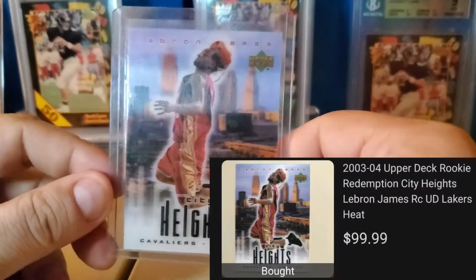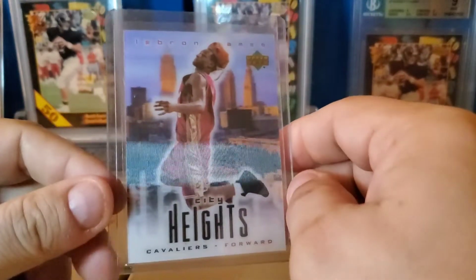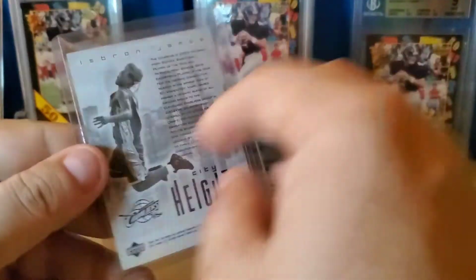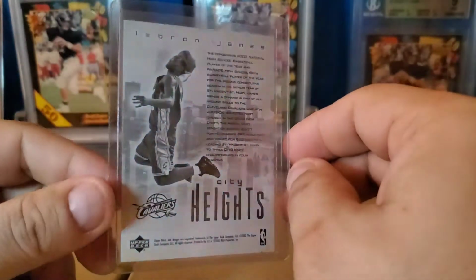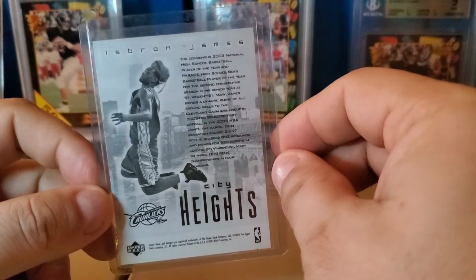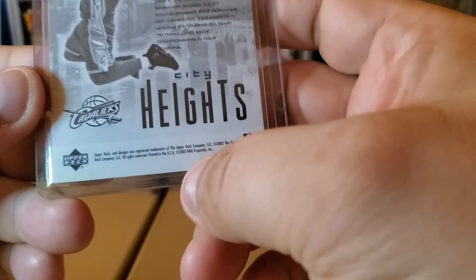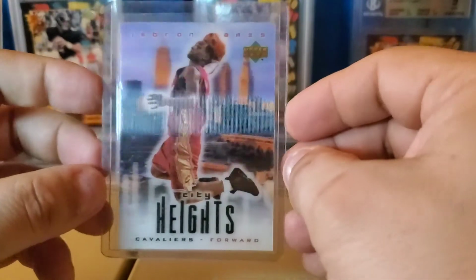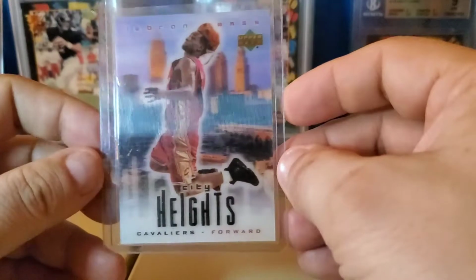This is just for me for a long time hold. I've looked this over pretty well. It's definitely going to get graded. I'm pretty familiar with these wiggle picture type cards with Favre and the Sport Flick stuff. And I really think this has a huge opportunity for some price gain. It is made in 2003, so it's a rookie year card. It was a redemption, so how many were redeemed, how many got destroyed in the mail, things like that. I like these types of cards because